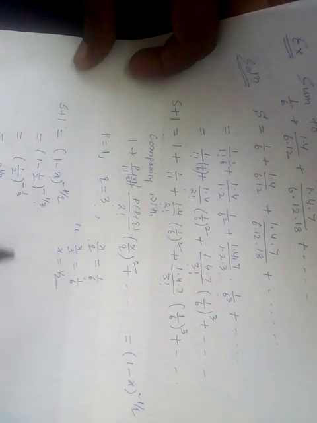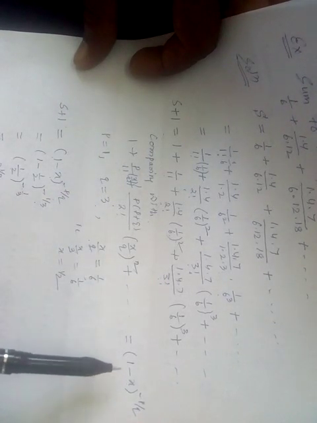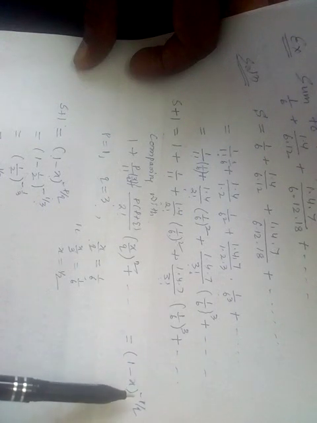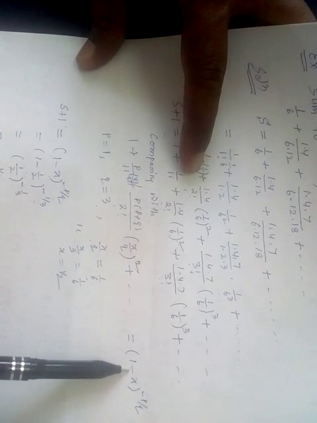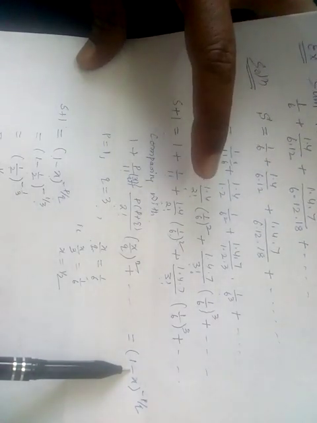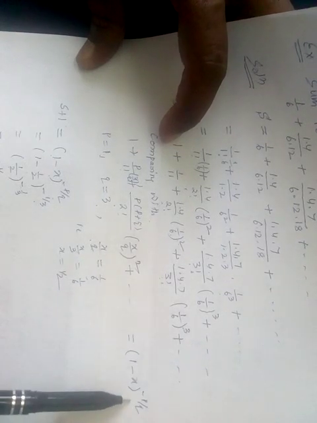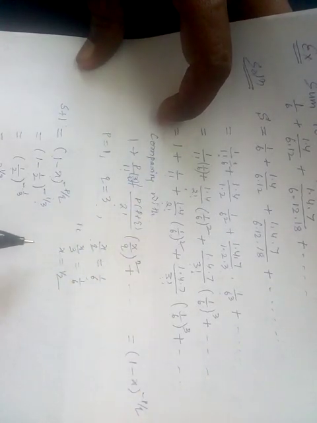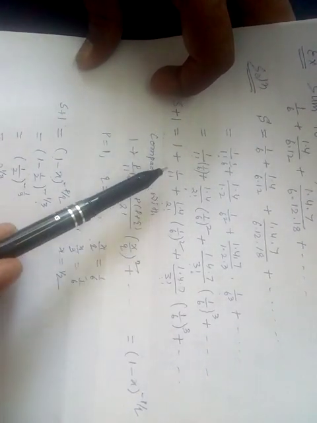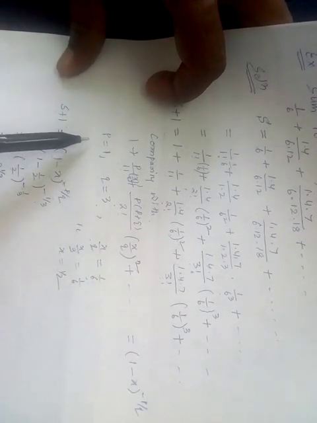So keeping that in mind, I will consider the binomial series formula of 1 minus x to the power minus p by q. Here I took minus p by q because the factors are increasing. I took the minus sign here because all terms are positive. All terms are positive, that's why I require the same sign. So I wrote the respective formula by just observing each term. Now compare each term with your binomial series formula. You will get the values of p, q and x.